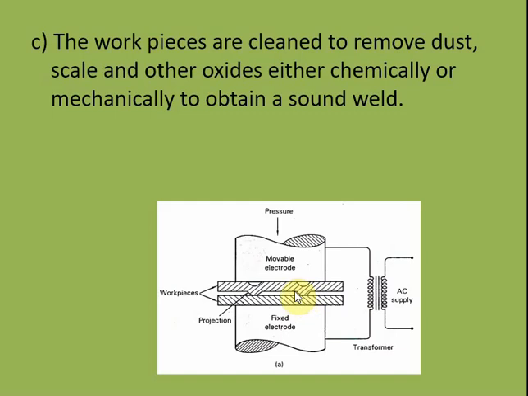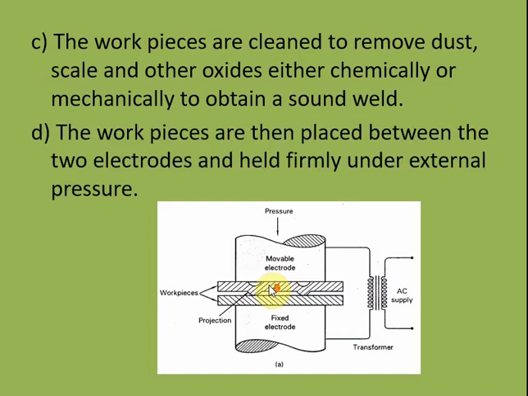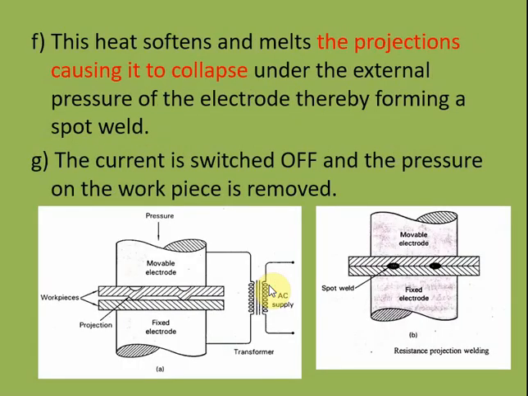Along with that, we apply pressure using this movable electrode. Due to the combined effect of the heat generated at the projection as well as the pressure, the required coalescence will occur